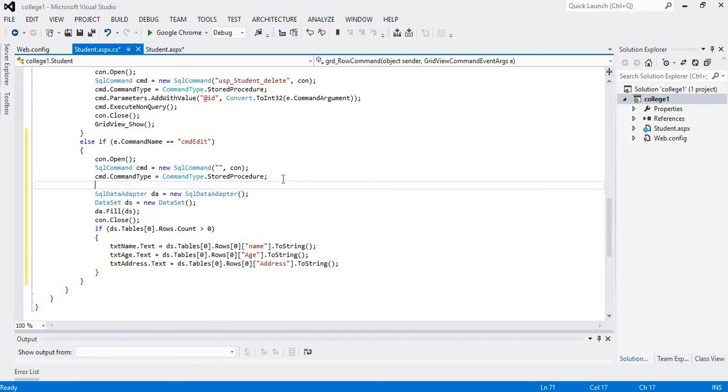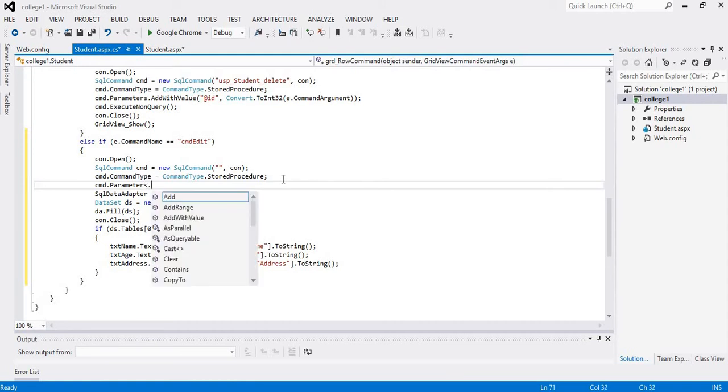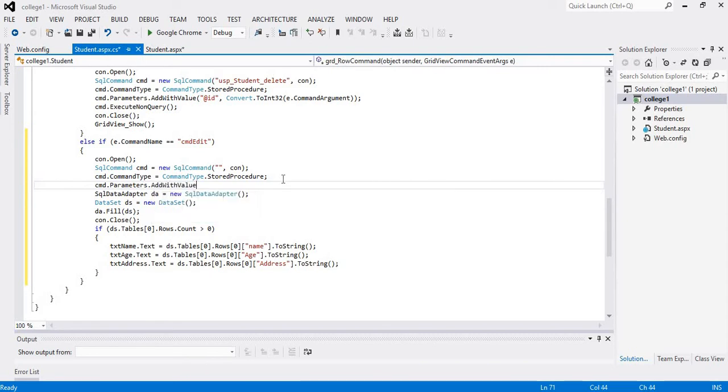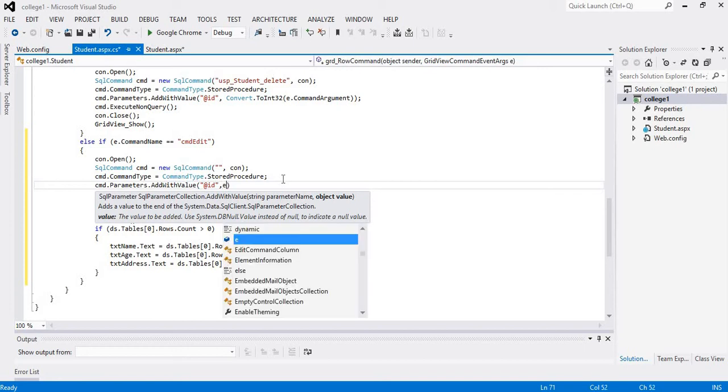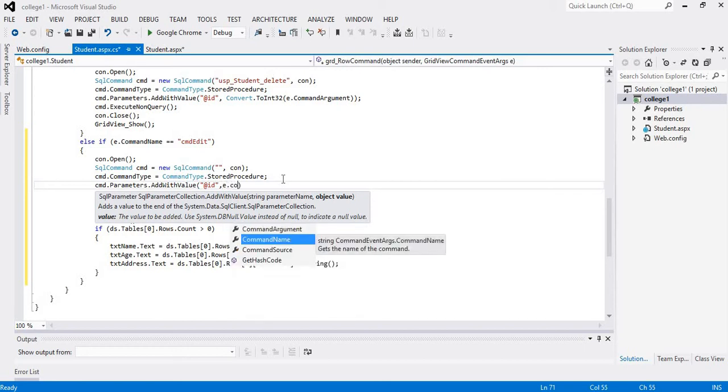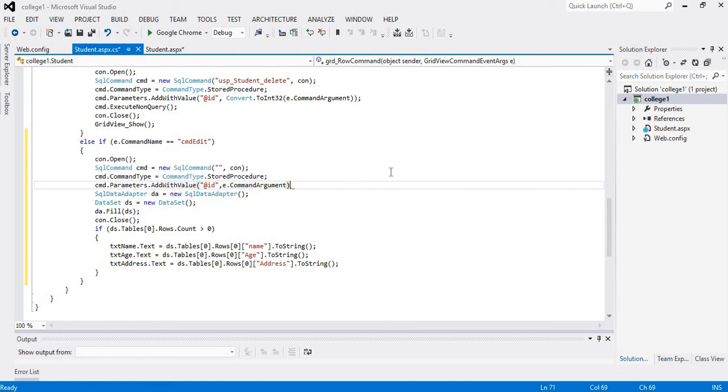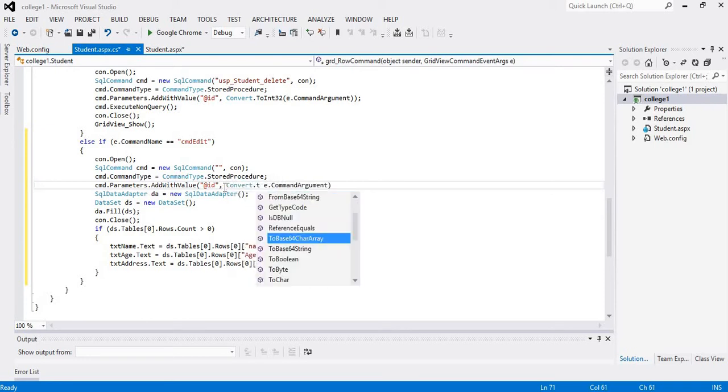It will be provided by cmd.parameters.add with value, at the rate ID, and our ID is present under e dot command argument, and again it must be converted into int data type. So for this we will write Convert dot ToInt32.